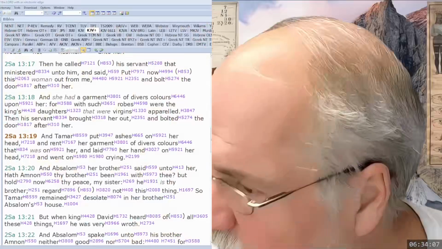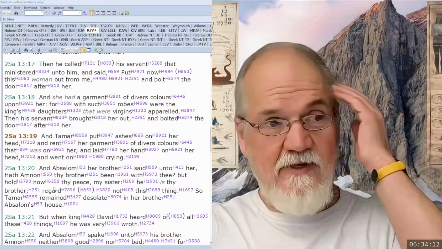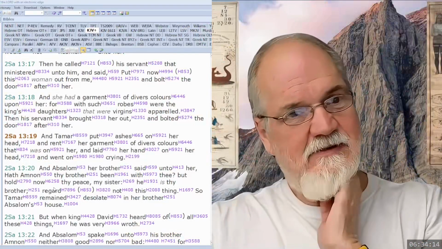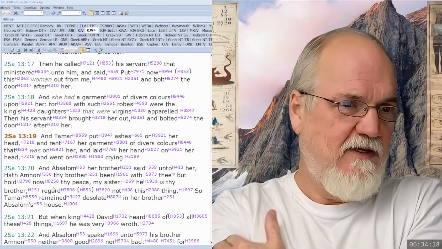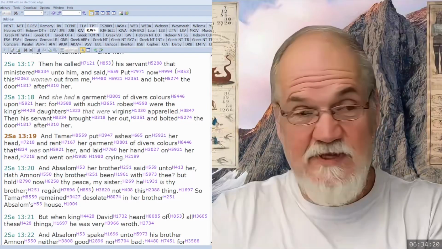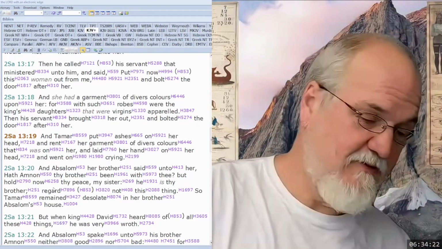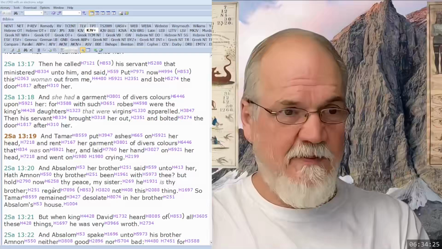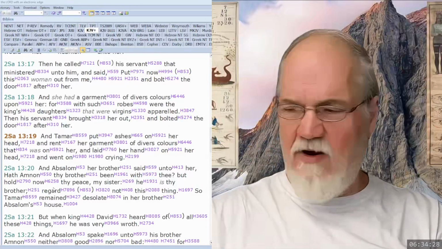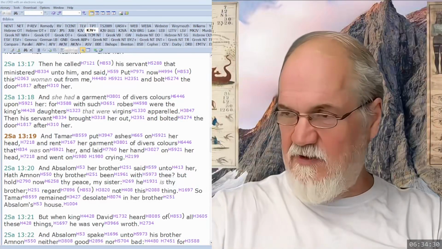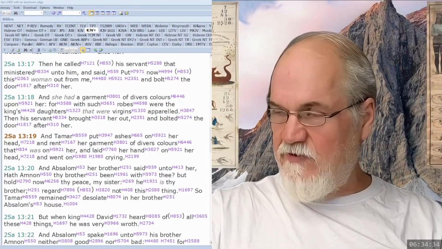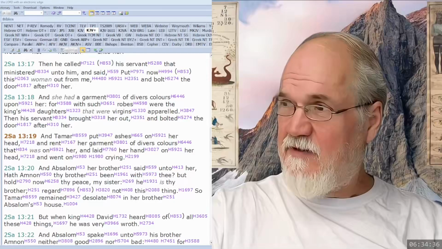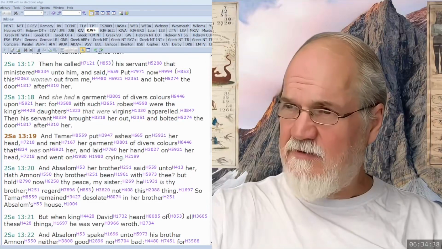Amen. Okay, so yesterday we began looking a little bit deeper into 2 Samuel chapter 13. And the first thing that we do often is we look at some of the symbols. This seems like a pretty obvious parallel on the surface. And just to review to get our minds back on track here.